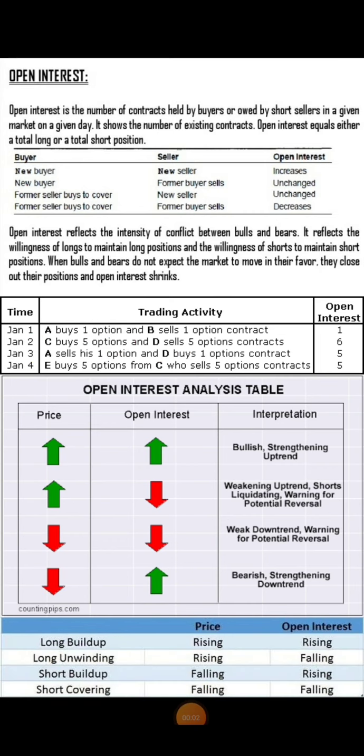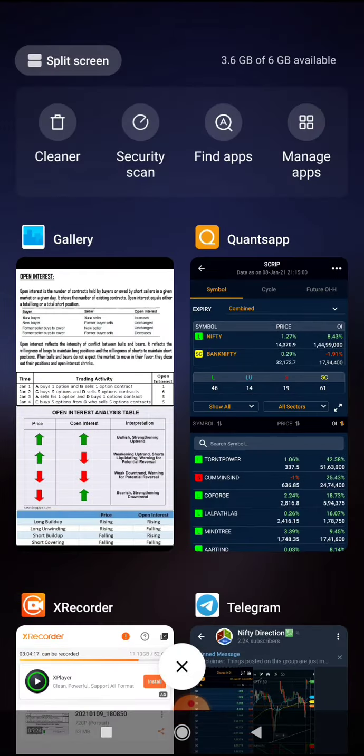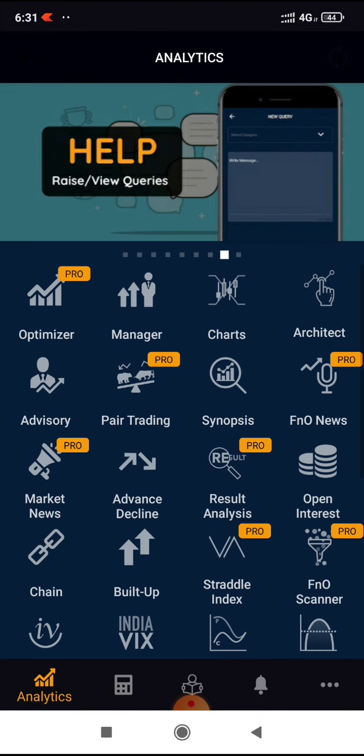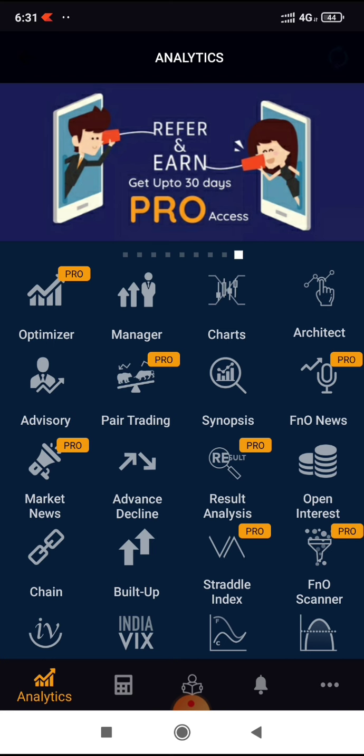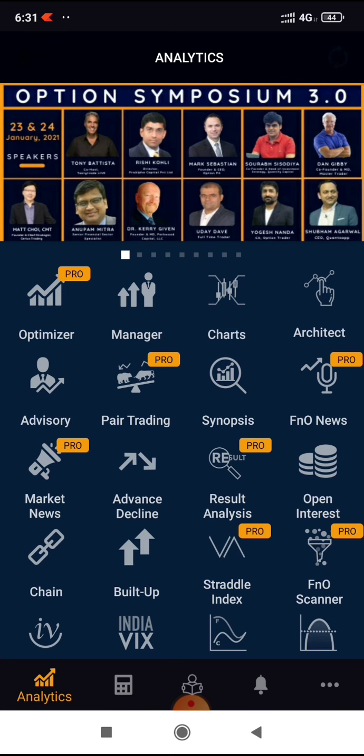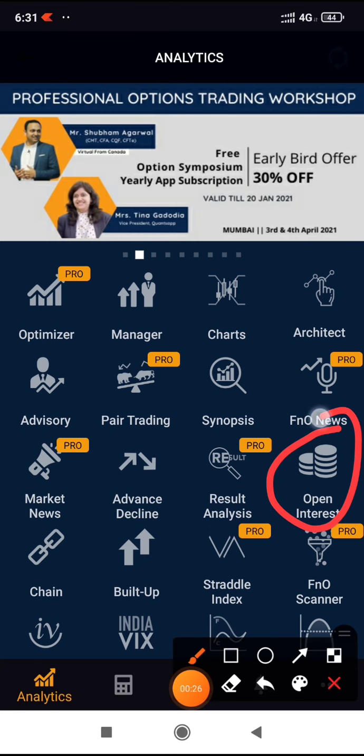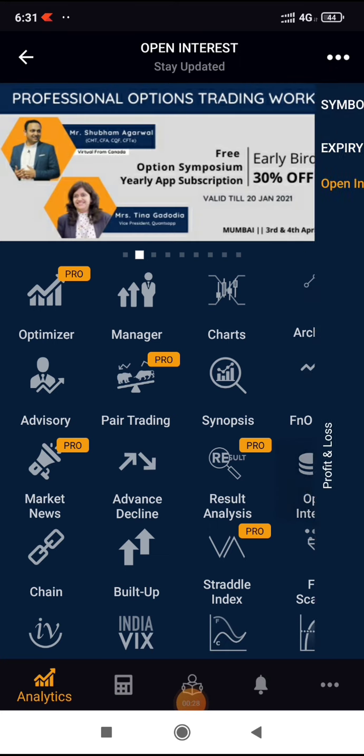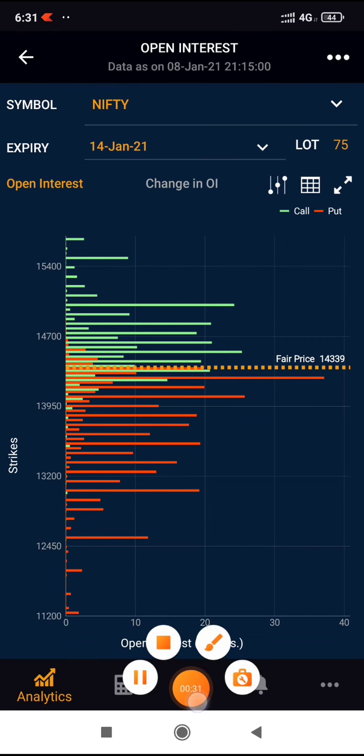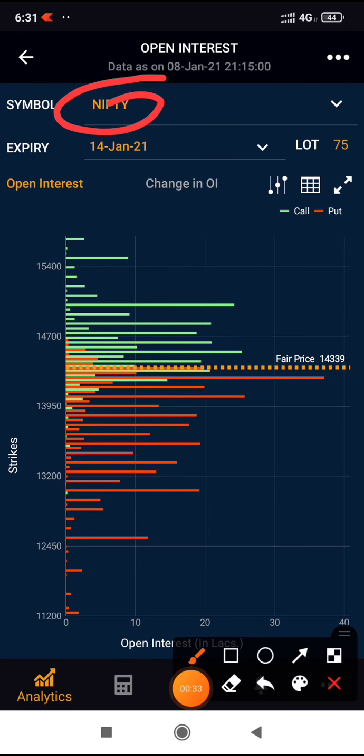Till now we learned what open interest is. Now let's see how to check the open interest. You can use different apps. I'm using Concept here. There is a Sensible app as well, or if you are using the web, then there is Concept web or NSE web available, where you can check the open interest. On the home screen in Concept, there is an open interest section in which you can check the open interest of the stock. Here it gives some details. This is open interest for Nifty for the expiry of 14th Jan 21.